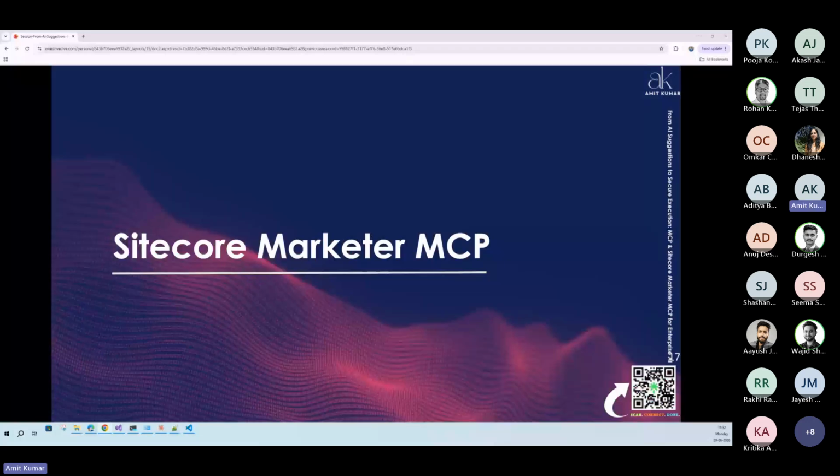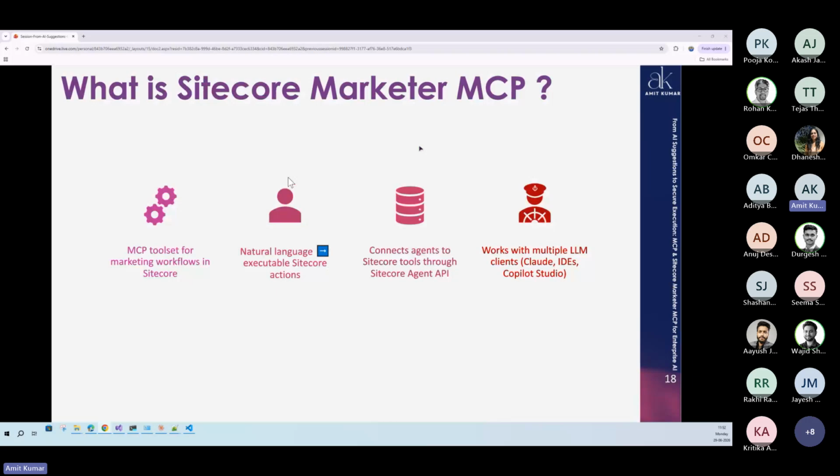So now coming to the Sitecore Marketer MCP tool. The Sitecore Marketer MCP tool is basically created to perform all the marketing tasks, or you can say the content authoring tasks which your content author generally performs in day-to-day activities, like logging into Sitecore and creating the content from a Word document or an Excel sheet into the Sitecore system. Those tasks have been automated, and Sitecore Marketer MCP also applies the MCP concept to perform the marketing tasks. At the end, the Sitecore Marketer MCP tool is using the Sitecore Agent API endpoints to perform